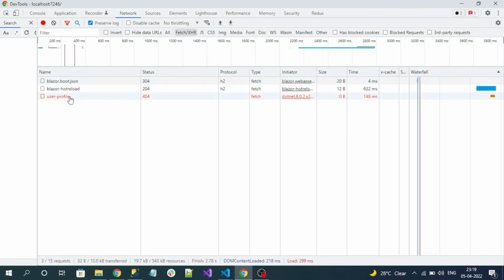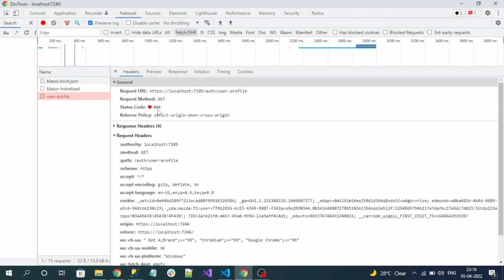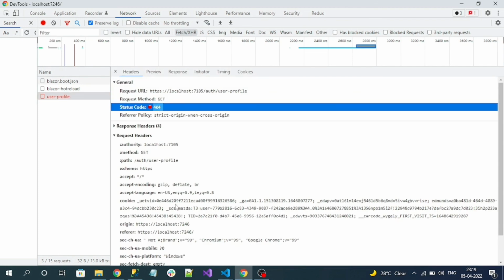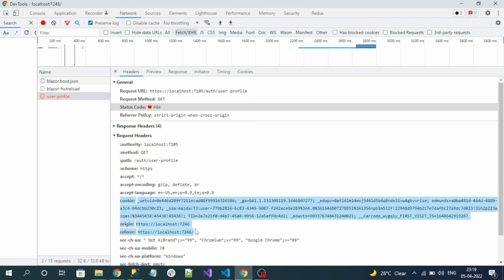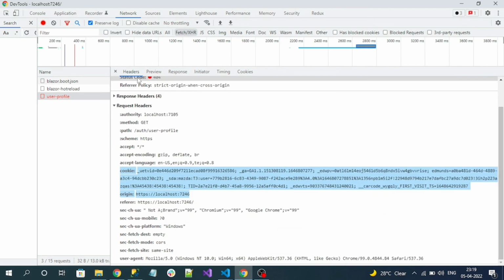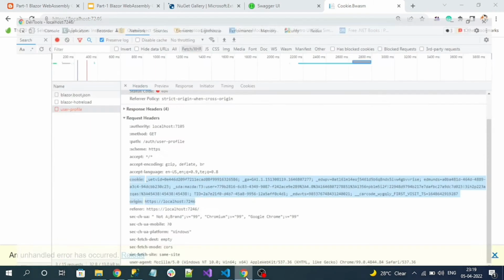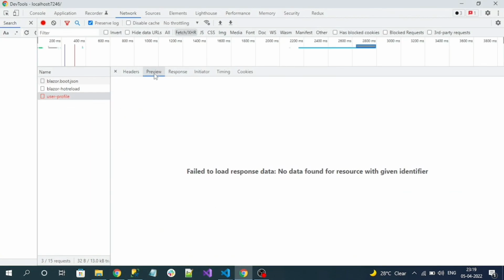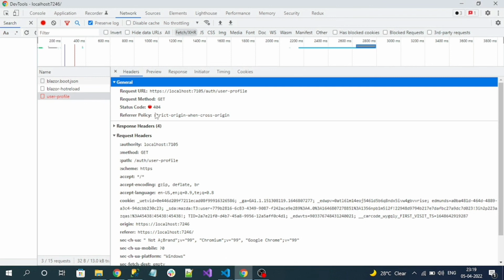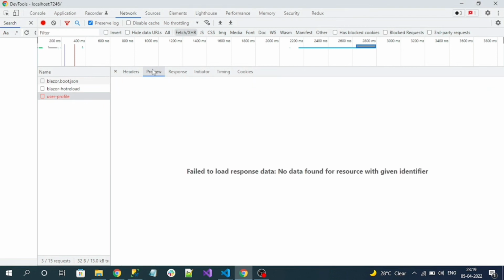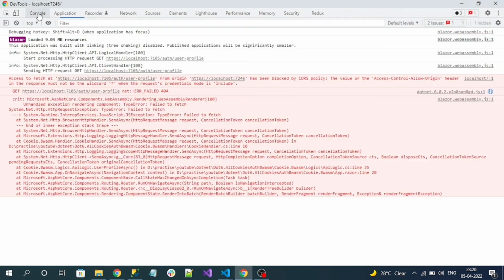On page reload, the user profile is being called, but that is unauthorized. But in the request header, now we can see the cookie is added, right? The user information cookie is added. But we are getting an error. What is the response? 404. And if you go to the console, here you can see still the server is not allowing